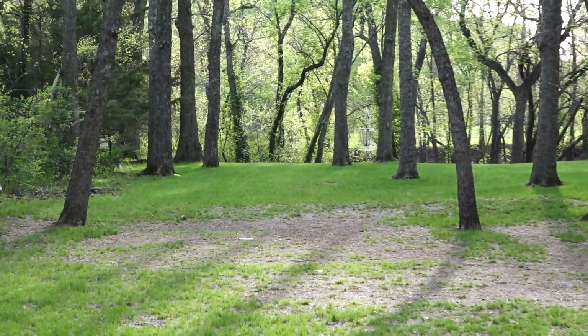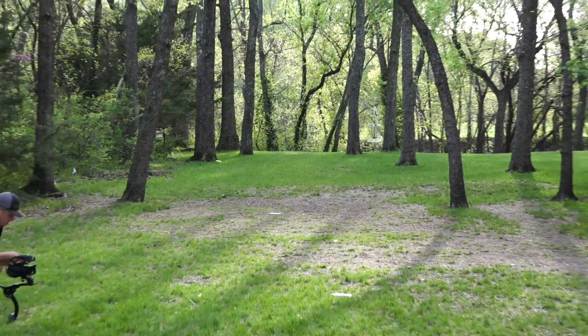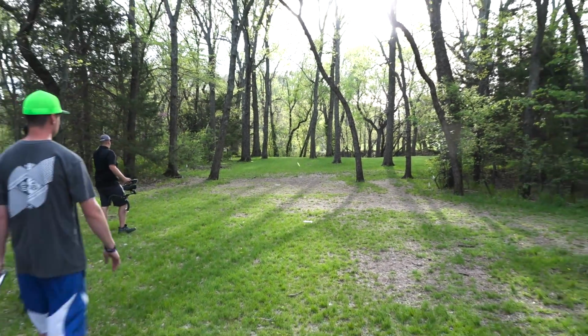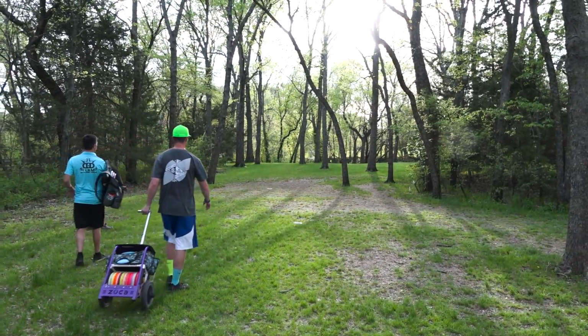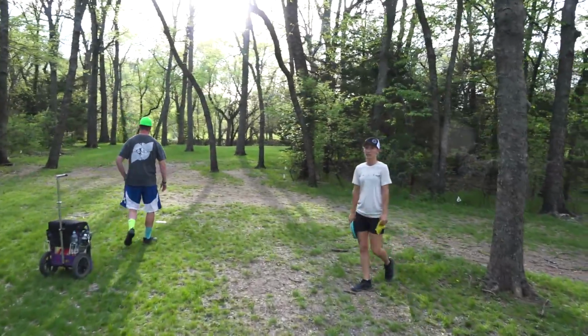Oakley goes very aggressive. Just about missed that tree and got up to the basket, but instead he'll be looking at a 50 or so. There's a practice shot, definitely a stroke. We're tied back up. Oh, no practice throws. Wow, nice drive,